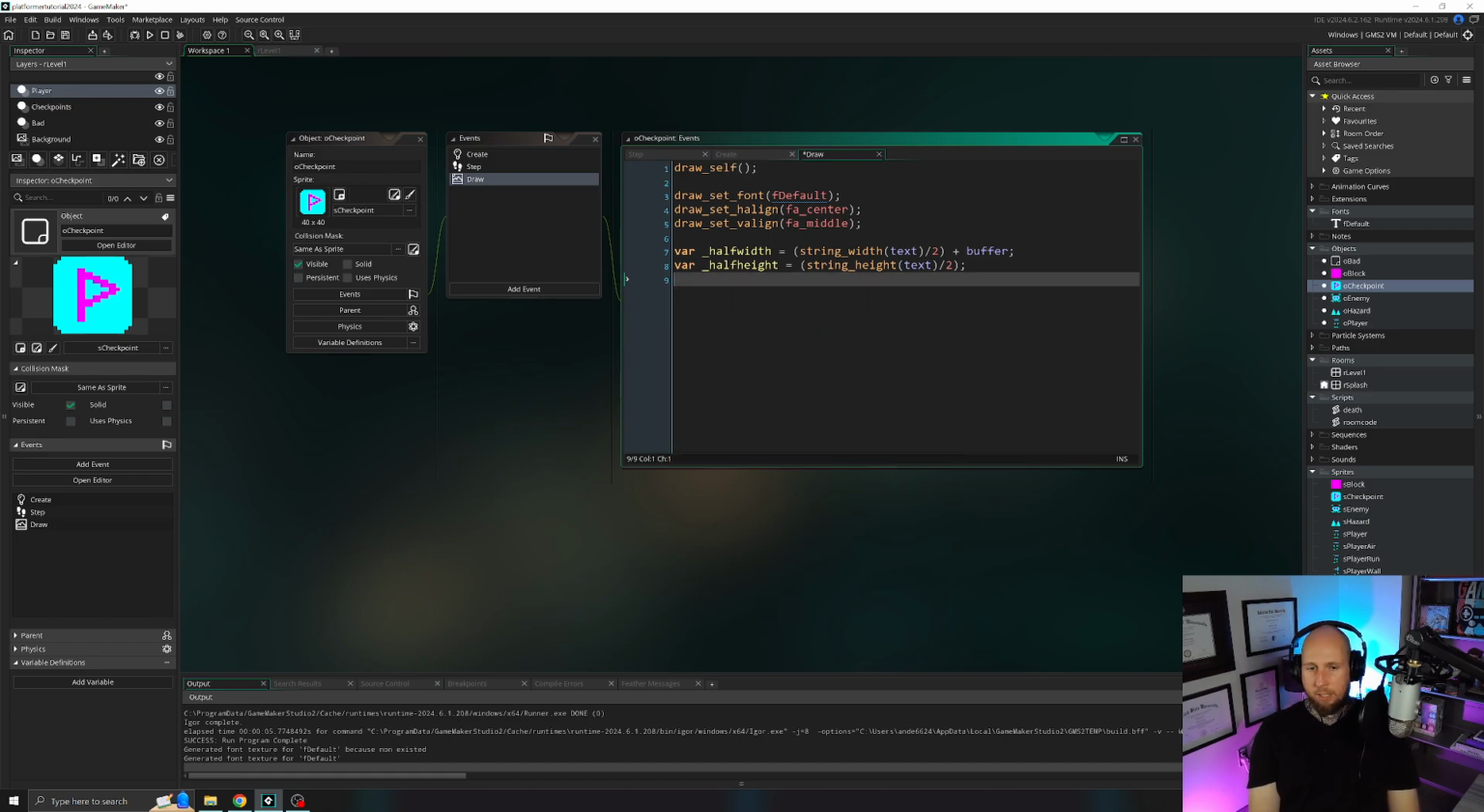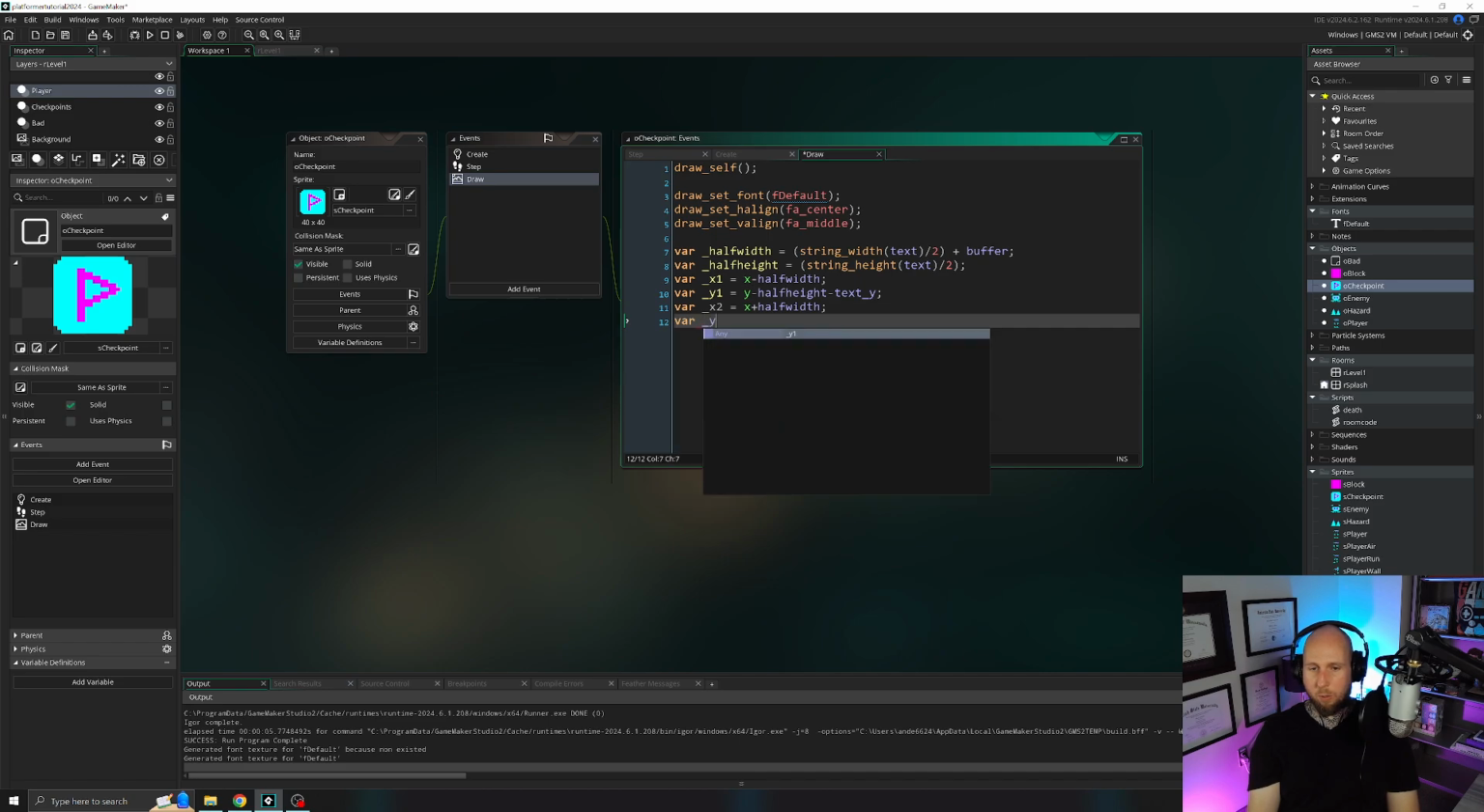I won't. var _x1 = x - _half_width; var _y1 = y - _half_height - text_y, which is how high we want to place the text box. var _x2 = x + _half_width, and var _y2 = y + _half_height - text_y;